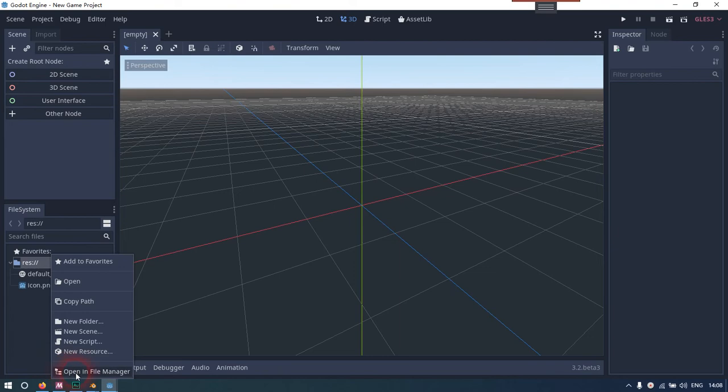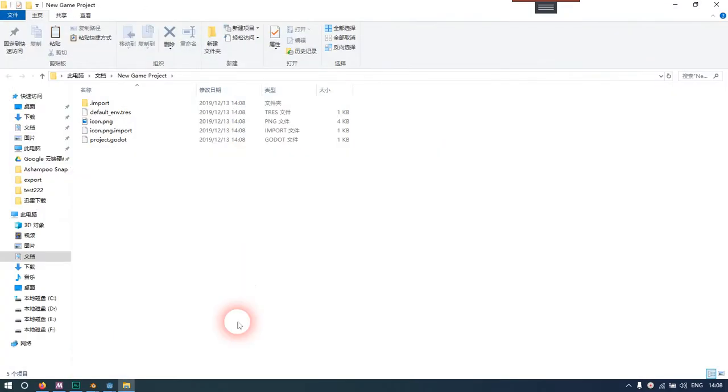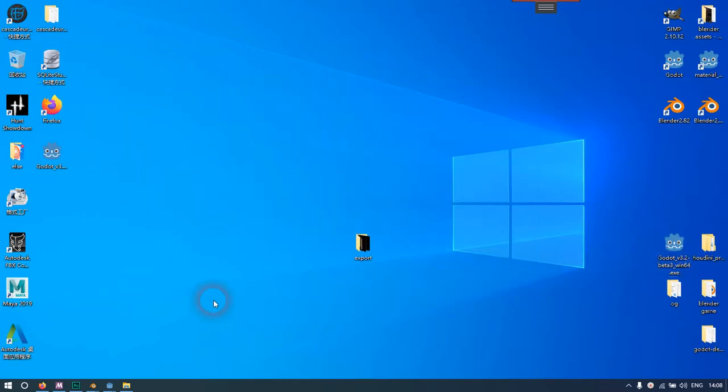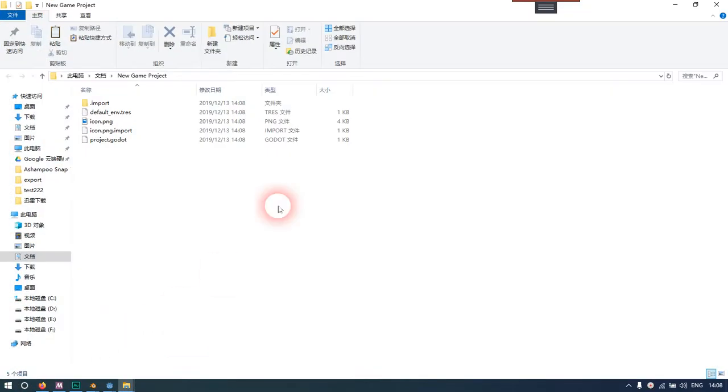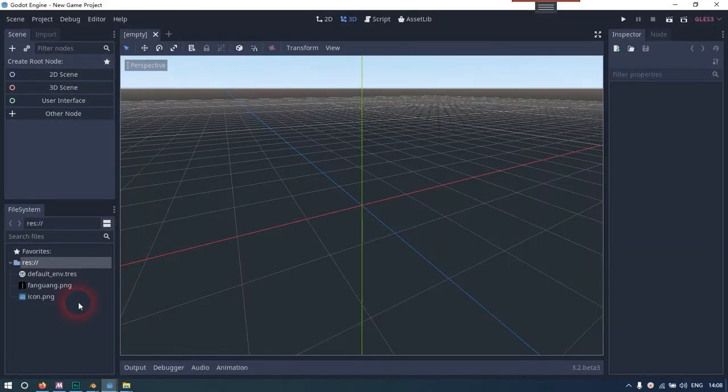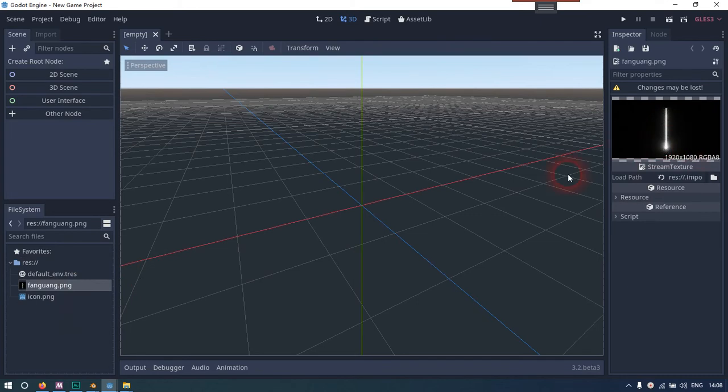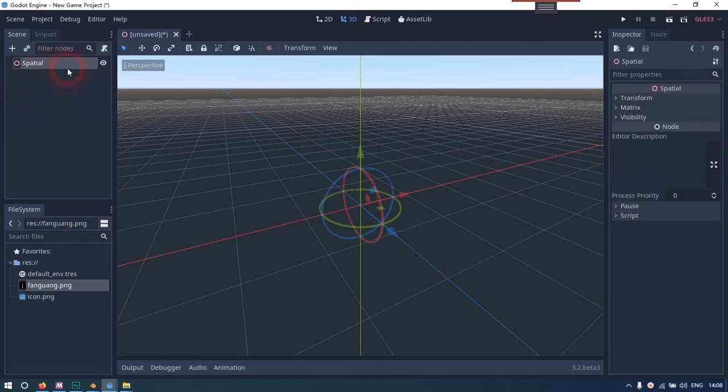We can open the File Manager, click the file, press Ctrl C and Ctrl V. Now it's in Godot, and then we will create a 3D scene